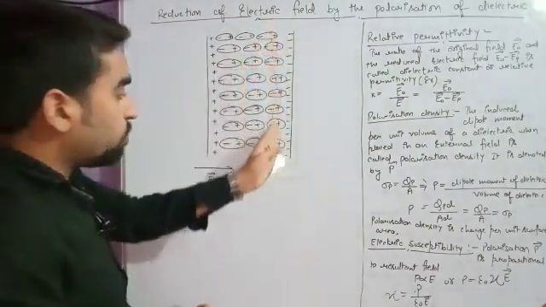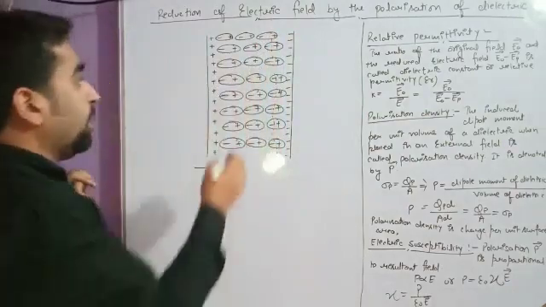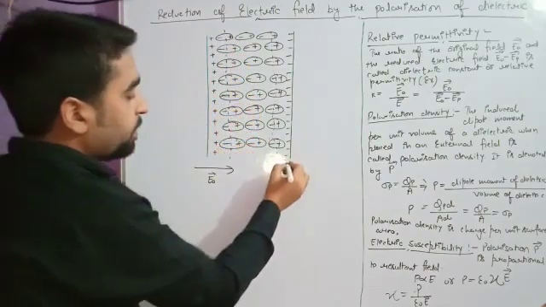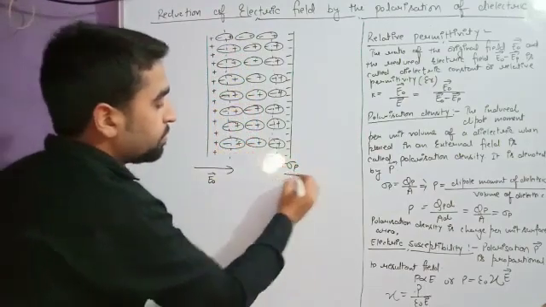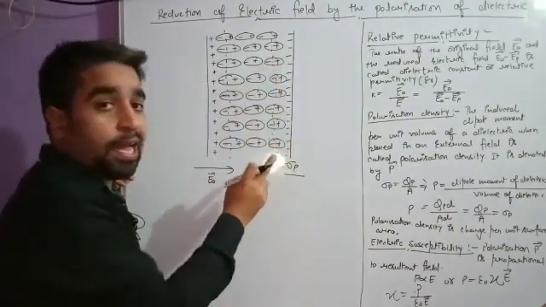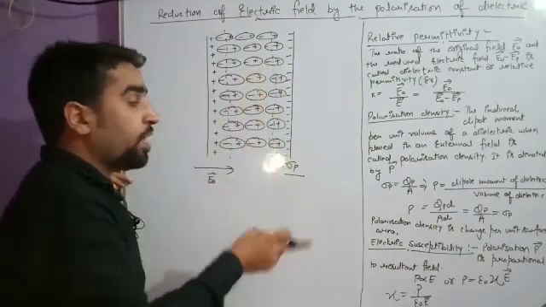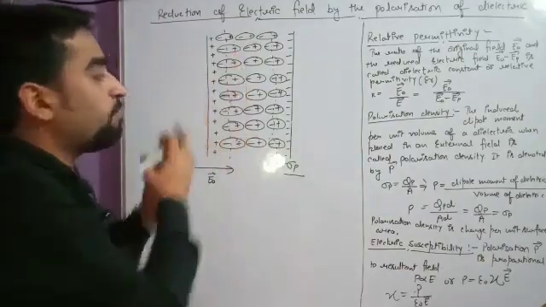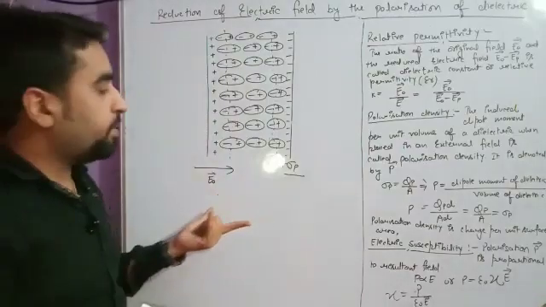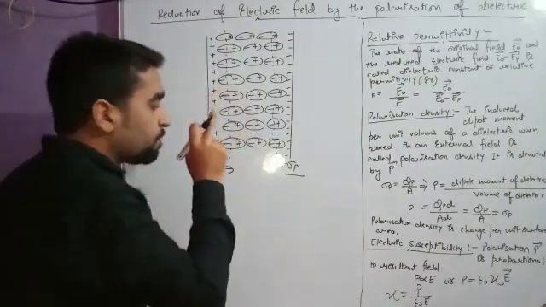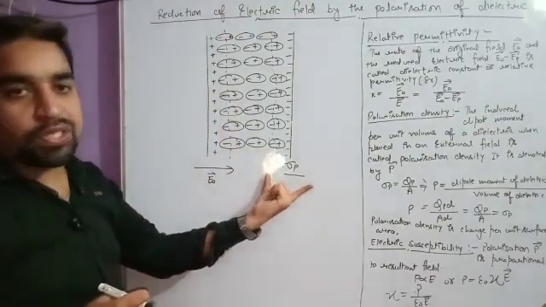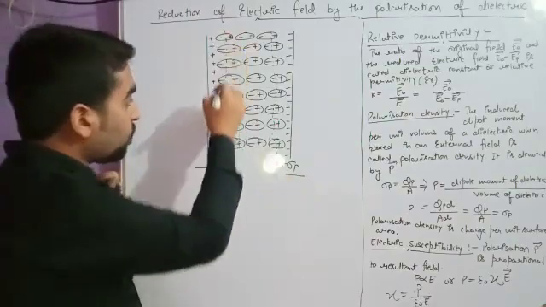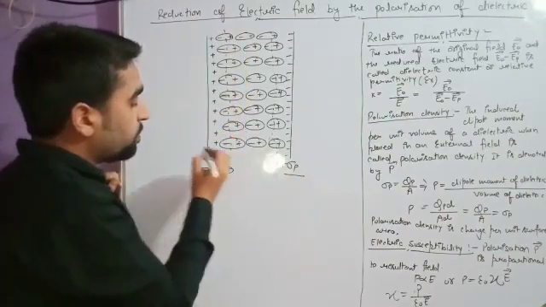All the positive charge is there on one corner, and all the negative charge is there on the other corner. So we can say that if this is plus sigma p, why is this sigma p? This surface charge density I am writing as sigma p because this is polarized charge. This charge is induced because when the dielectric material was placed between the plates of the capacitor, because of this polarization, this charge has been induced. That is why I have written this charge as plus sigma p. And here all the negative charges are on the corner, so this is minus sigma p.